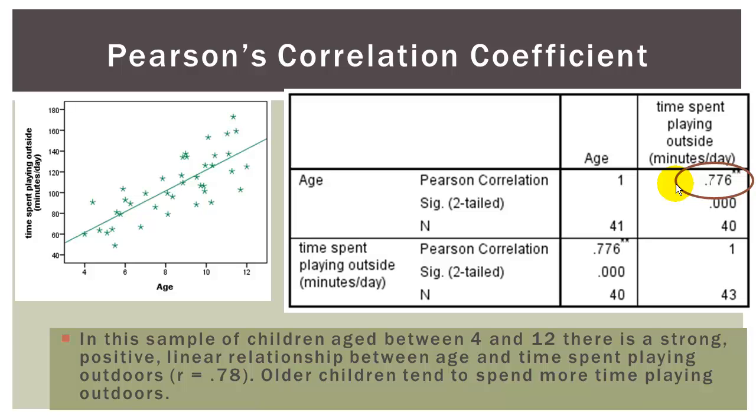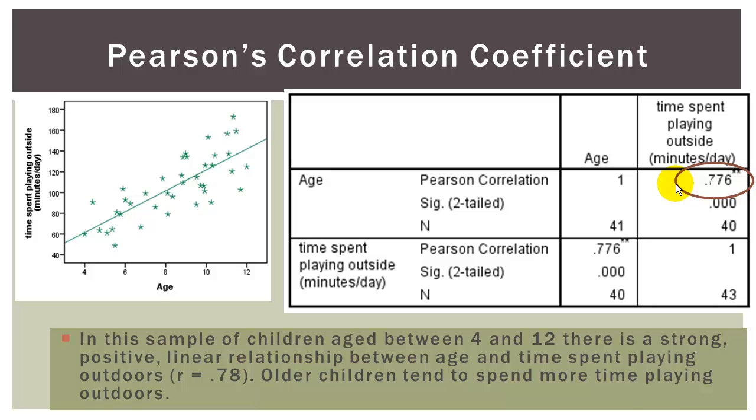Now on the output I've circled the correlation for this particular example, and it's a correlation of 0.776. You'll notice that that correlation appears twice in the table, once in the top right-hand cell and once in the bottom left-hand cell. And that's just because the relationship between age and time is exactly the same as the relationship between time and age. Now a correlation of 0.776 is more than 0.75, so we describe that as a strong